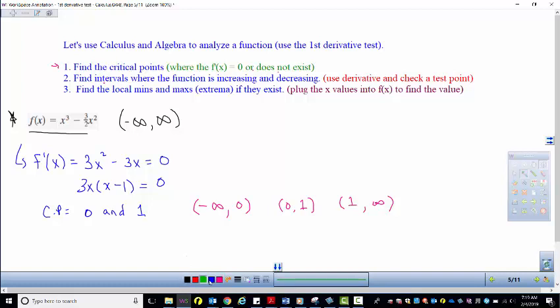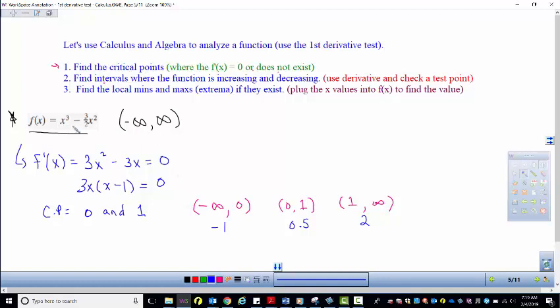All right, then what you're going to do is put in a test point. A test point here would be -1. A test point is anywhere in the interval. A test point here would be maybe 0.5, and a test point here would be 2. And with this test point, this is the first derivative test, that's what you're doing here,